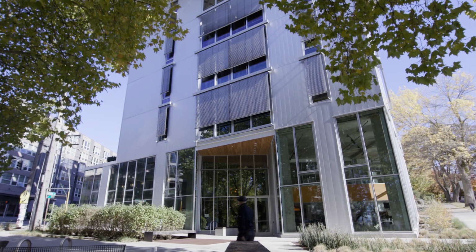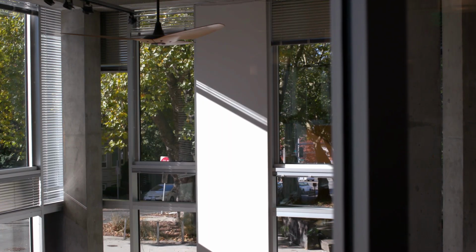Ultimately, this is about creating healthy environments for people, but it's also about creating healthy ecosystems. I don't believe you can really only have a healthy place for people without having a healthy ecosystem, a healthy community, a healthy culture. So I think the metrics of success are not just about the occupants, but that information is really